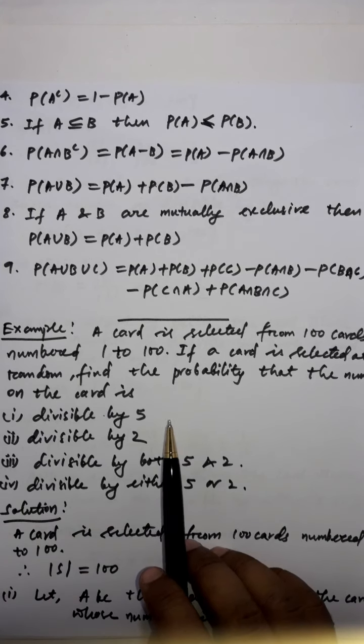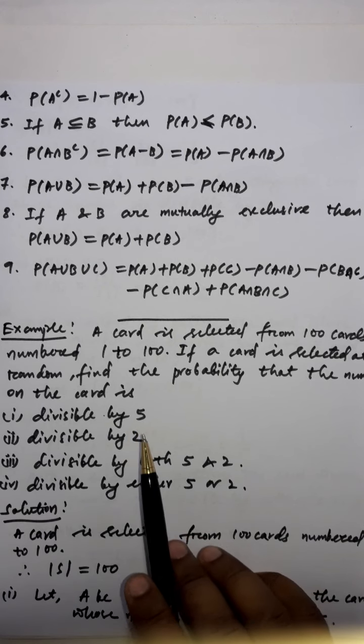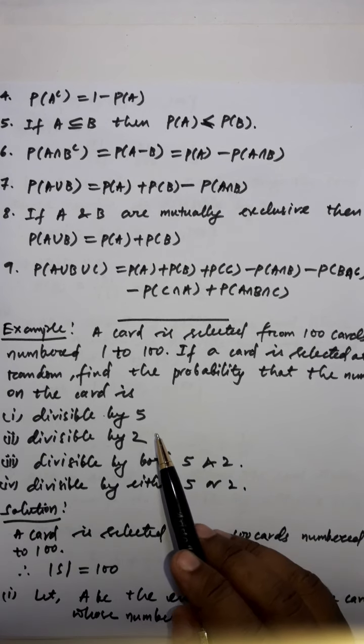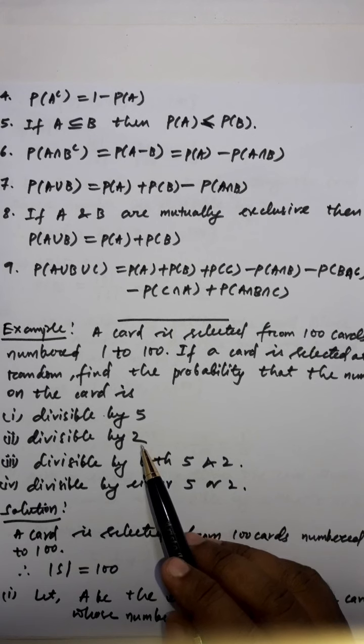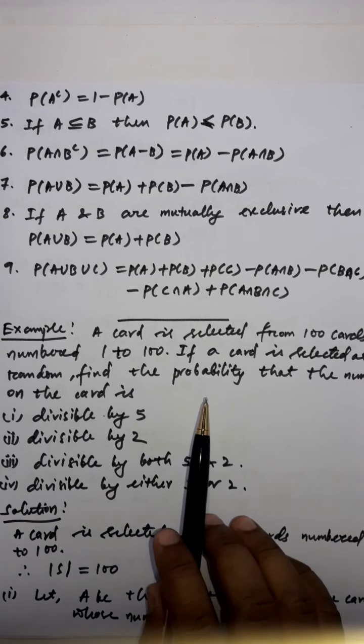After that, in each part of the question you have to mention the name of that particular event of which you are going to find the probability, with explanations. Then try to find out the size of that event, and then go for the formula of probability, which is very simple to calculate.